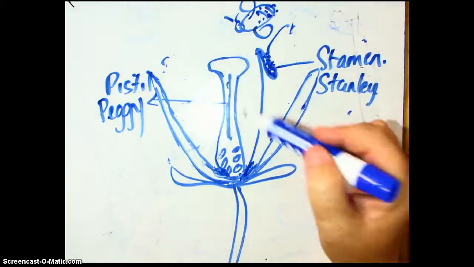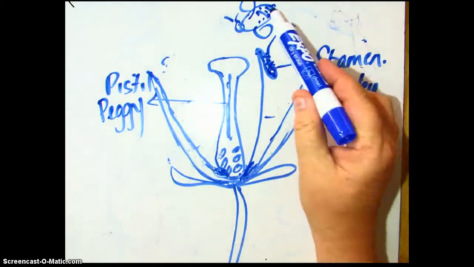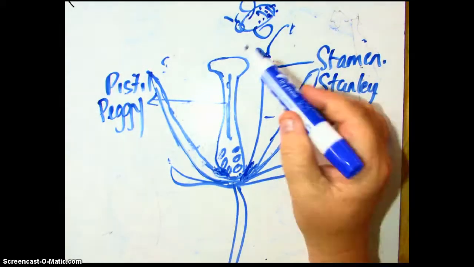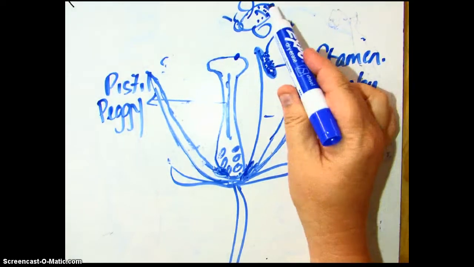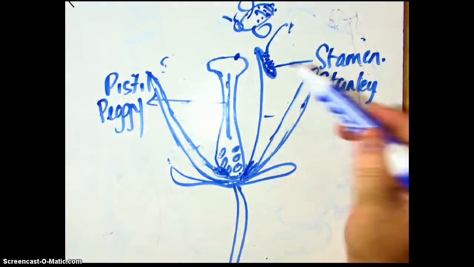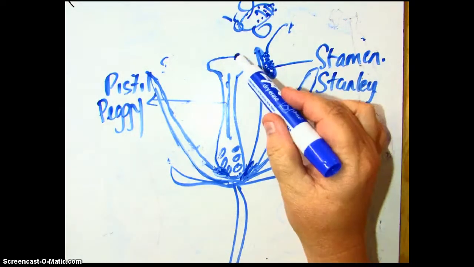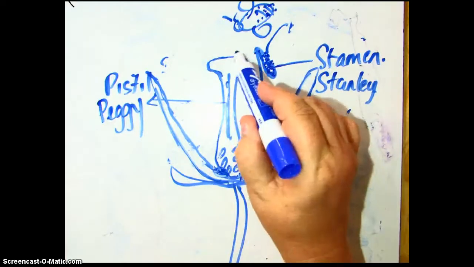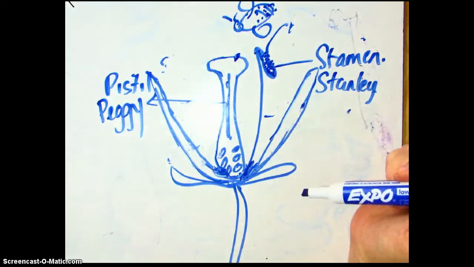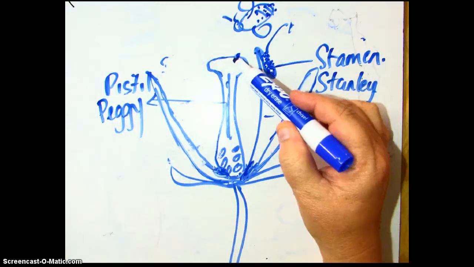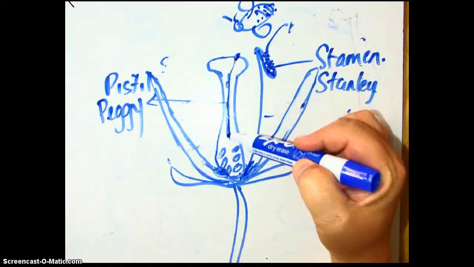So he gets some pollen on him, and then he flies around for a little while, and he visits another flower to get some more nectar. When he visits that flower, he'll inevitably bump into Peggy and Stanley again, and sometimes a little bit of that pollen that's on him will land on Peggy, okay? And when it lands on the stigma, it actually starts to eat its way through the stigma, because the pollen is sort of like male sperm, and it will make its way down through the style and into the ovary